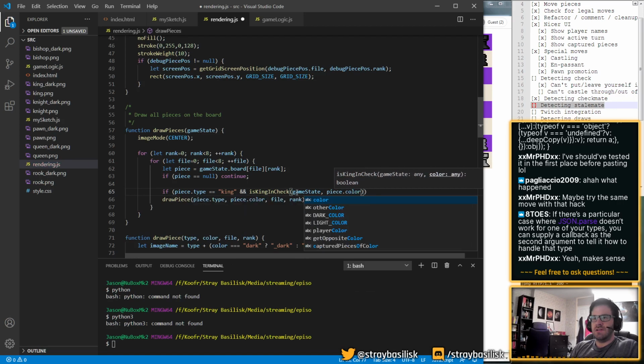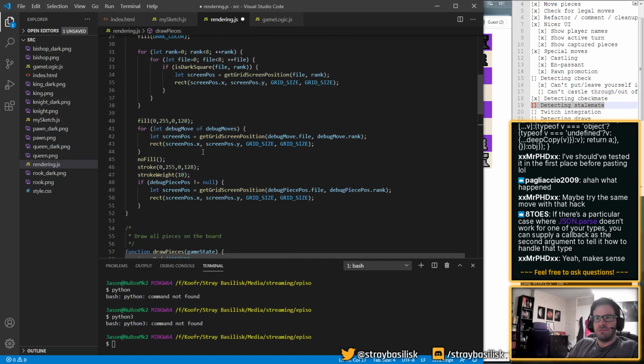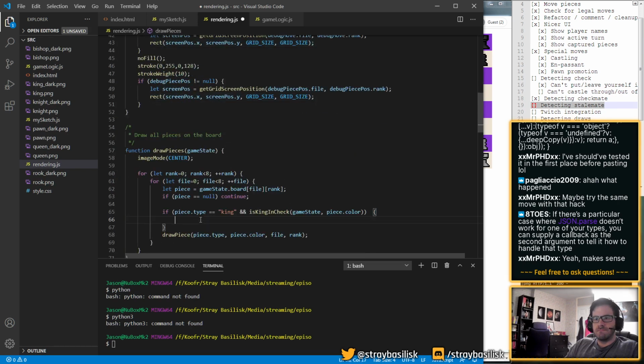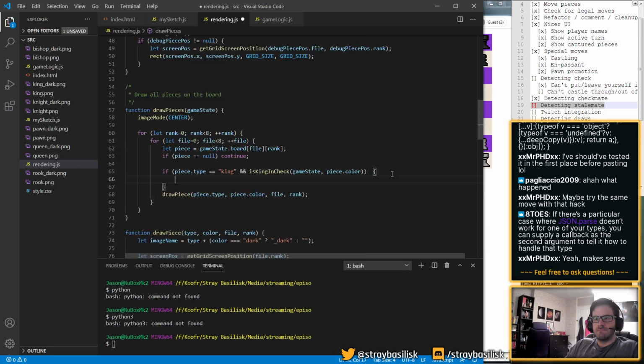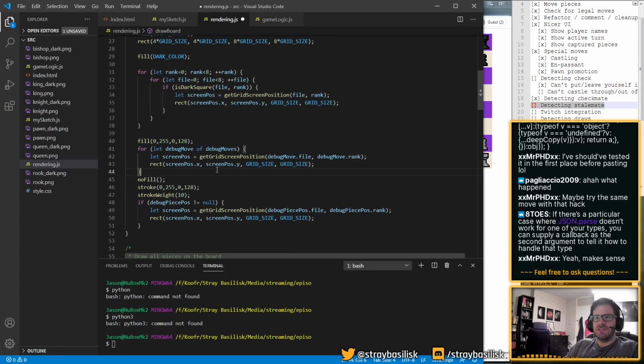Dot color. And we're gonna get that screen position.